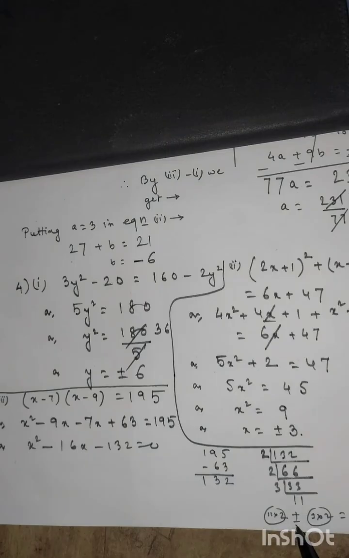And if we choose minus, then 22 minus 6, it should be 16. So we are going to break 16 like this. Okay, 22 minus 6,